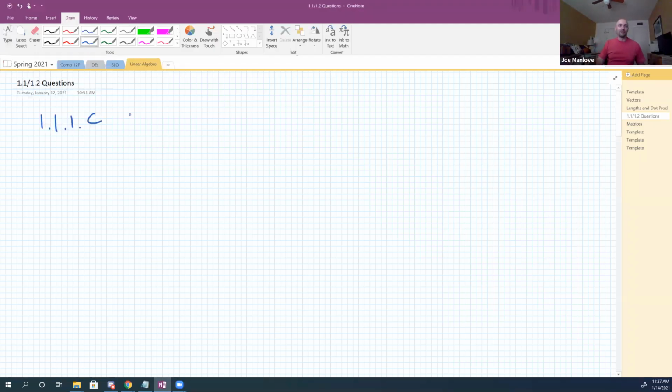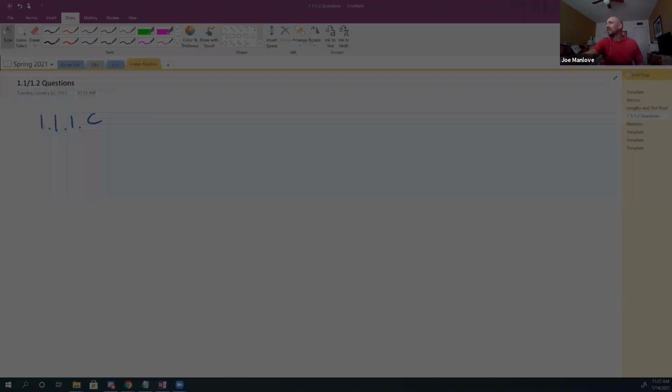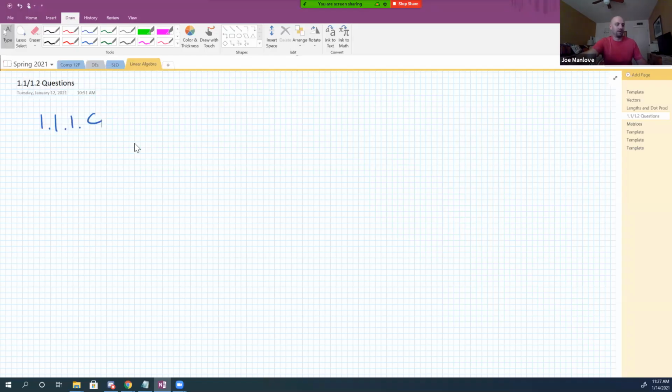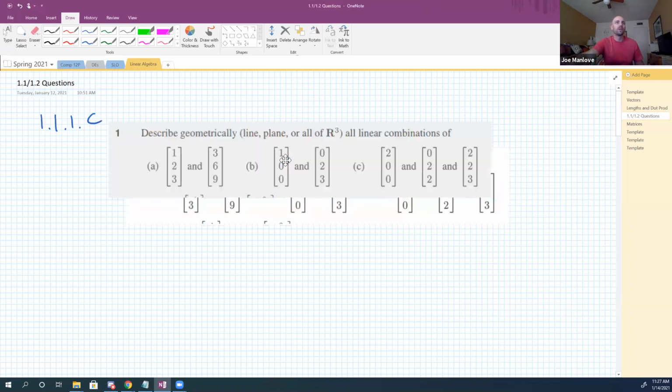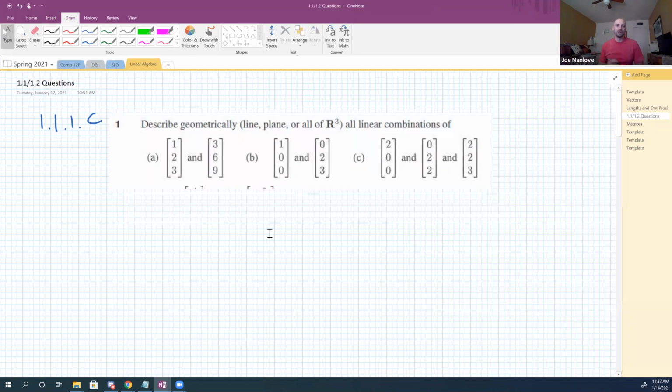Perfect. All right, so we want to talk about 1.1 number one C, which is this thing. This thing. Okay, so I'm interested in describing geometrically whether this last thing is a line, a plane, or all of our